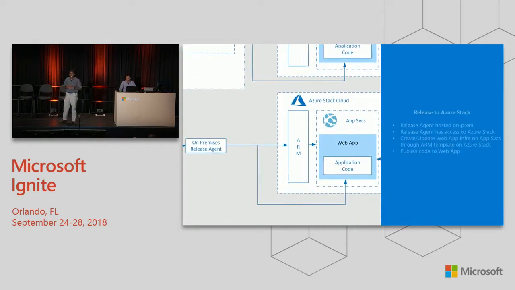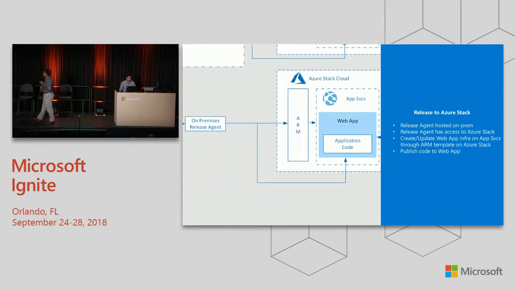Now, for my Azure Stack, as you can see, a net new concept comes up called on-premises release agent. Because most of our Azure Stack instances, most of our use cases, regardless of the vertical, you might be in a healthcare vertical, you might be in a financial vertical, you might be in defense, right? Your primary reason for going through Azure Stack may be that it is not connected to the internet, or it has very limited or intermittent internet connectivity. Also, it is inside your data centers, behind a firewall that you don't want people reaching into.